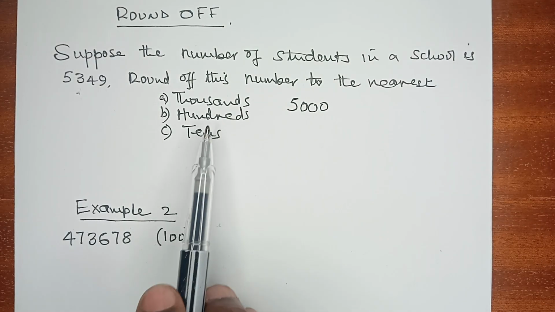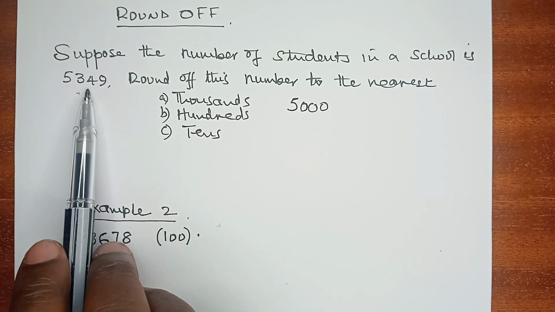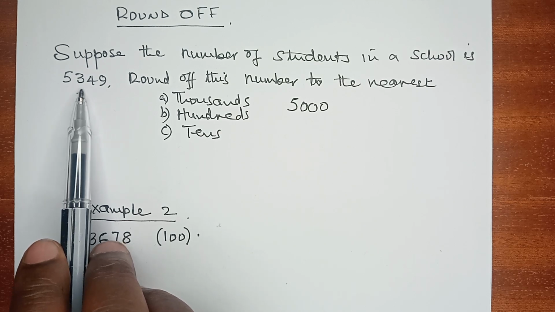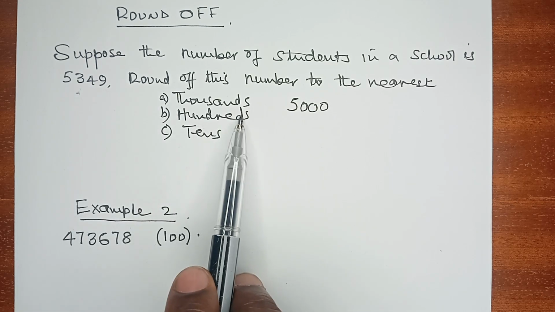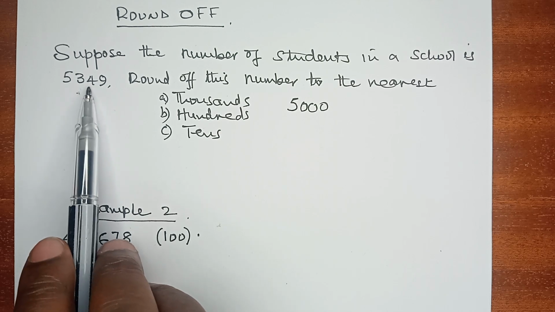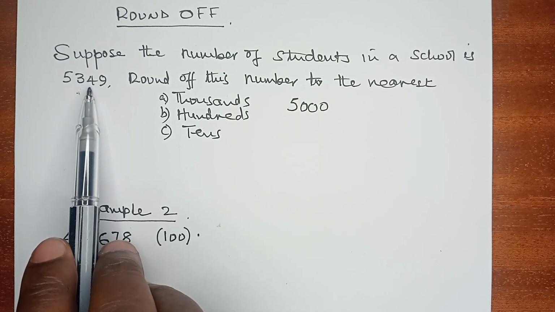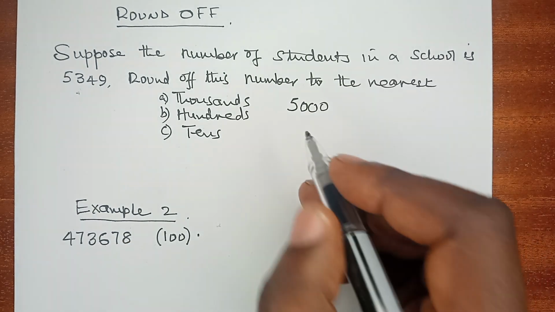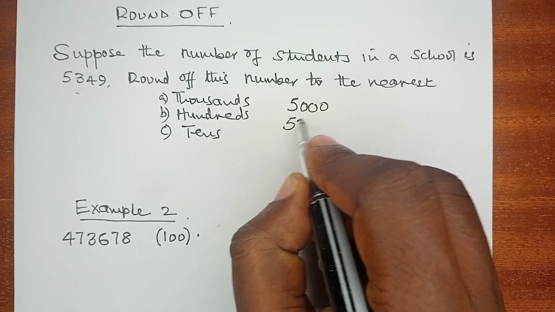Rounding off to the nearest 100, we consider the digit in the tens position, and we evaluate whether it is enough to affect the digit that is in the hundreds position, because we are rounding off to the hundreds. Now that we are considering the number in the tens position, which is 4, and 4 is not enough to affect the 3, so to the nearest 100 we have